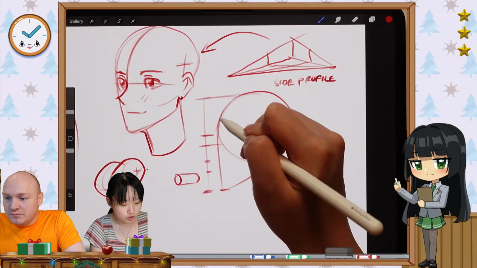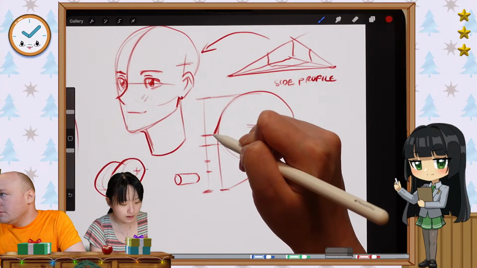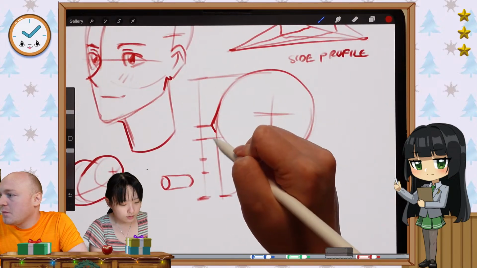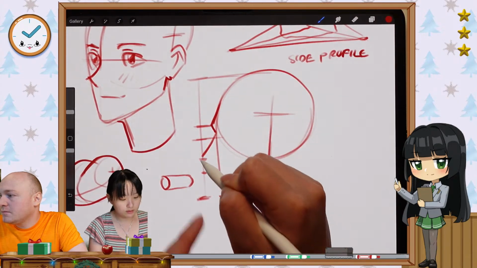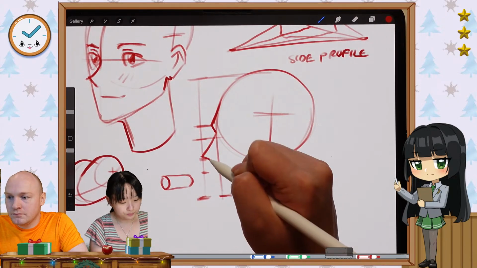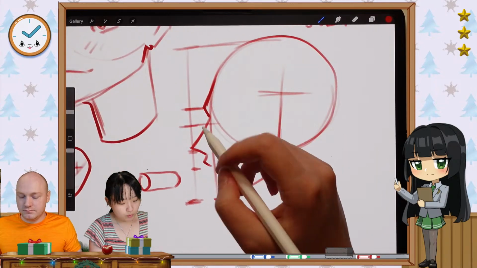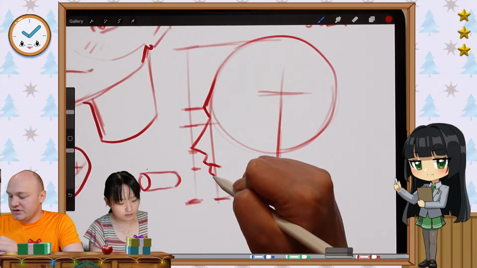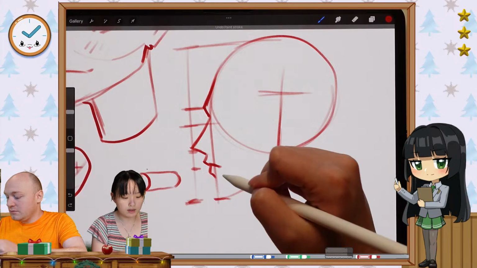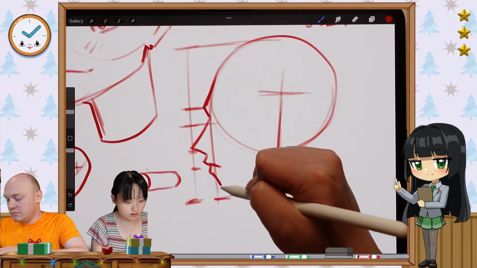So then all you have to do is push and pull out forms. Brow ridge comes out, then goes in, nose comes out, lands at the bottom of the nose right here. Lips, one overlaps the other. Delish. And then, this is where people kind of mess up, is they draw the chin going down like this.